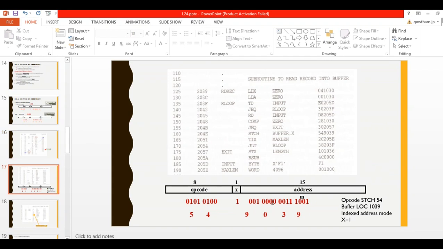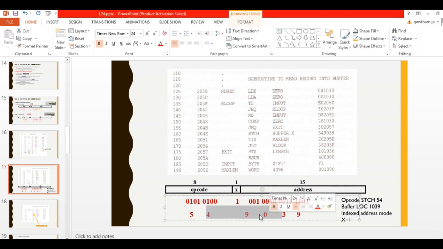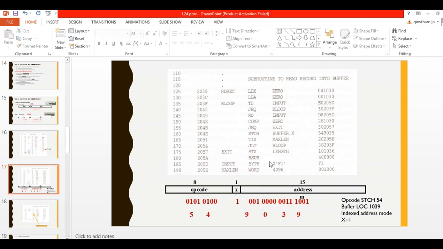So for X you write only 1 bit, because 15 bits are used for the address. Then group it, so it will become 54 as it is, but here the third digit will be changed, that will be 9, so 549039. The others are as it is.